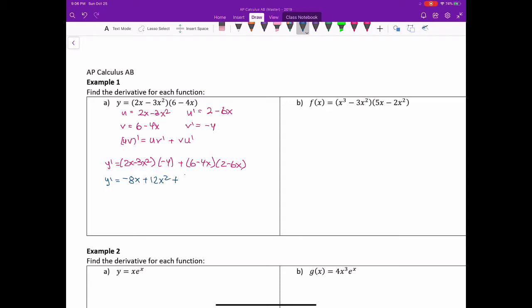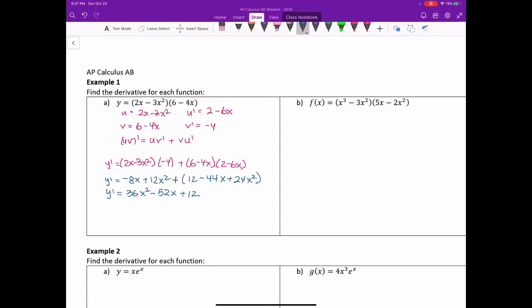Let's say plus, then we have these two binomials here, so 12 outer, negative 8 and negative 36, so negative 44x, and then last plus 24x squared, and then combine everything, we're going to get 36x squared minus 52x